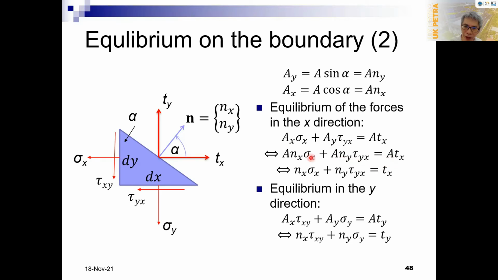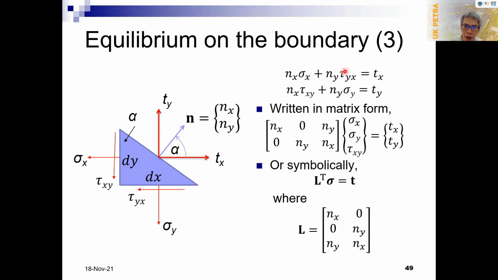This is A, so we can cancel A to become like this. In a similar manner, we can also analyze the equilibrium in the y direction, and we have these equations. Writing them together, we have these equilibrium equations of the internal force and external action, internal stress and